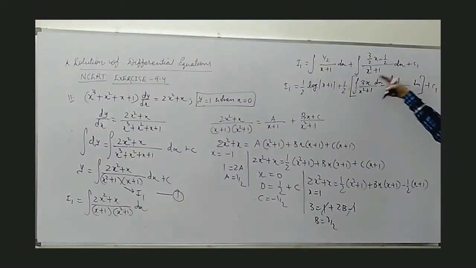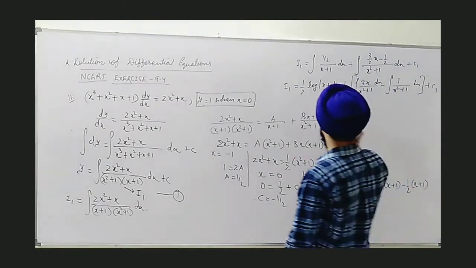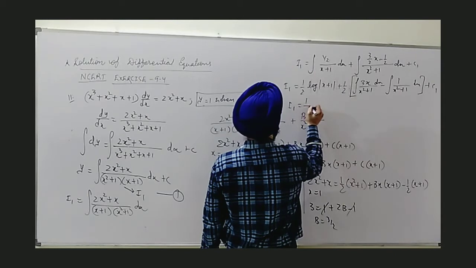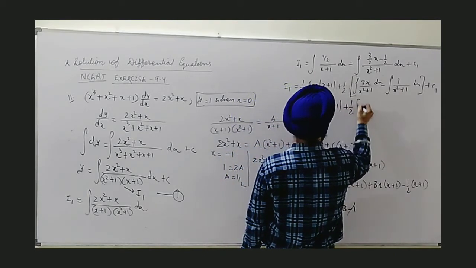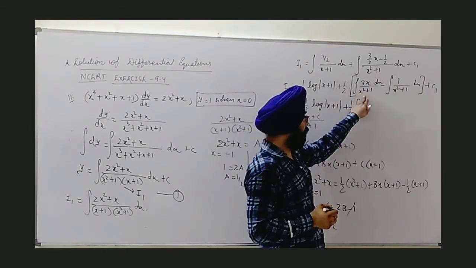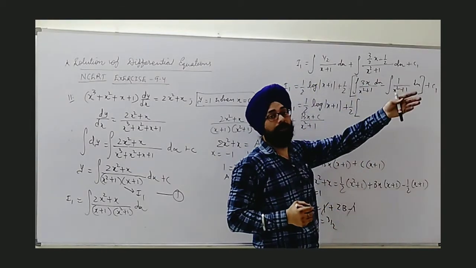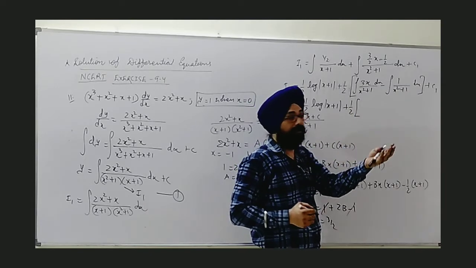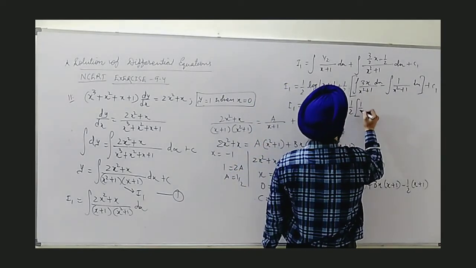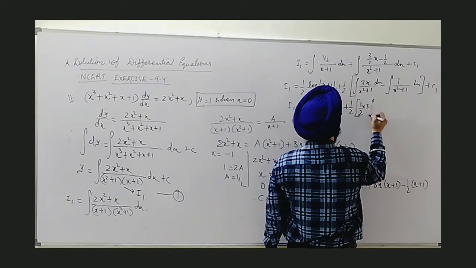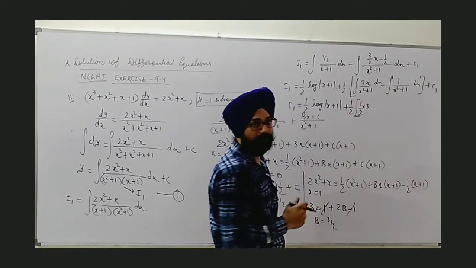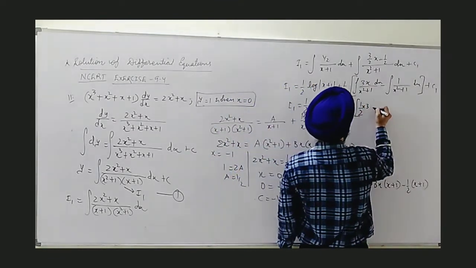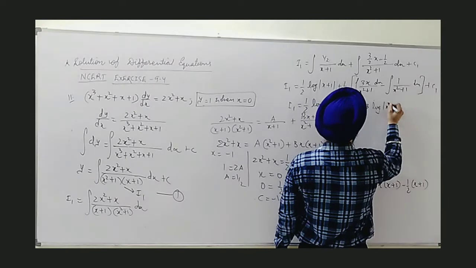This way, I have separated this in both of the terms of numerator. Now we will solve. I1 is half log mod x plus 1 plus half. Again the same thing, x divided by x square plus 1. So we use the substitution method, x square plus 1 will be taken as t. So we will get half of 3 upon 4 of 1 upon t. So finally I am writing this answer, half of log x square plus 1.